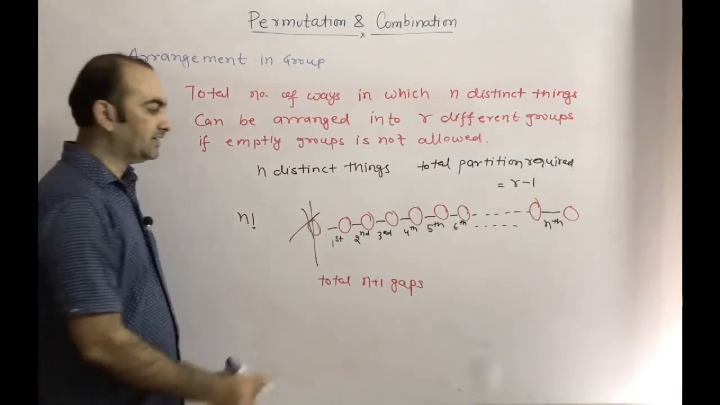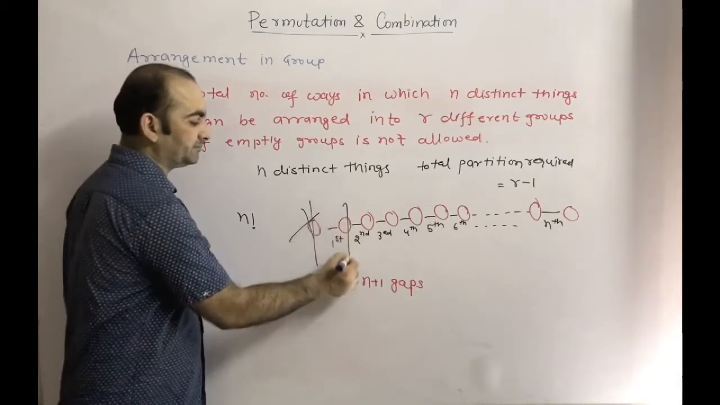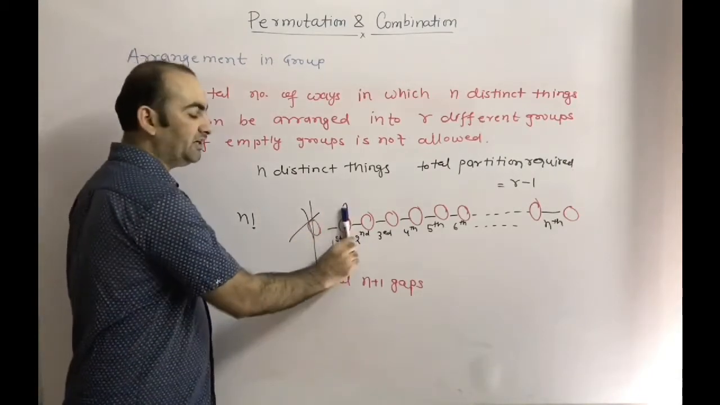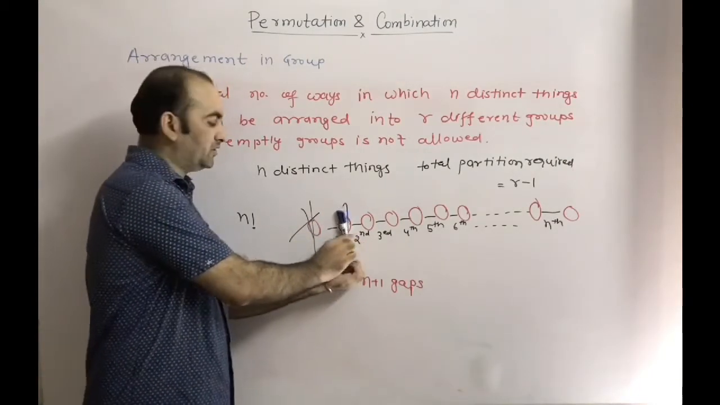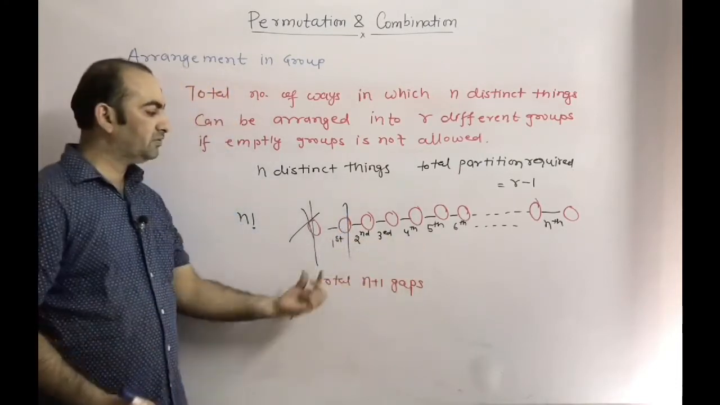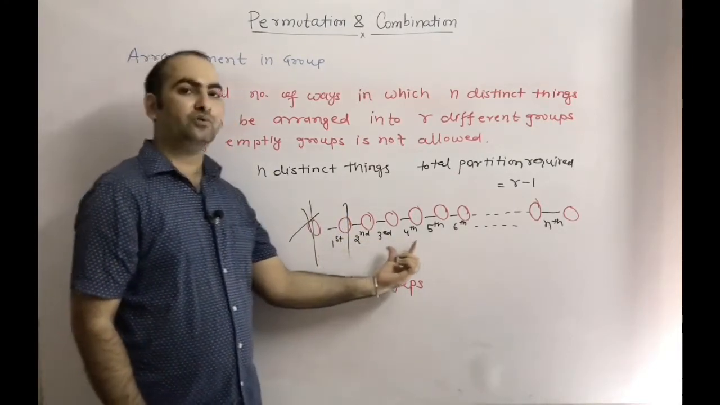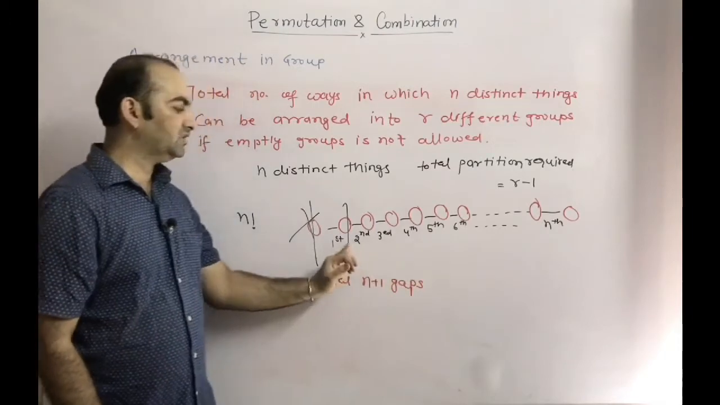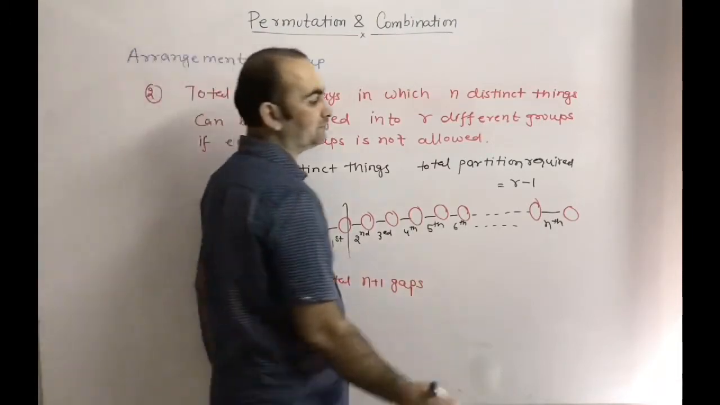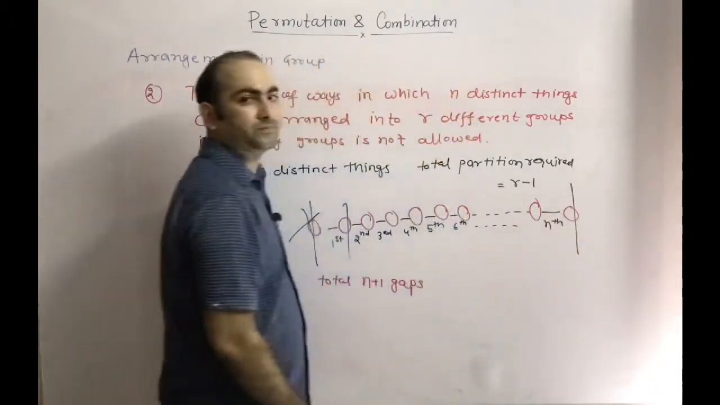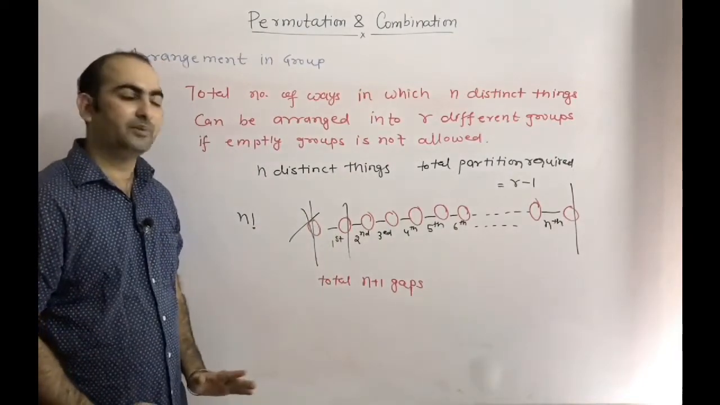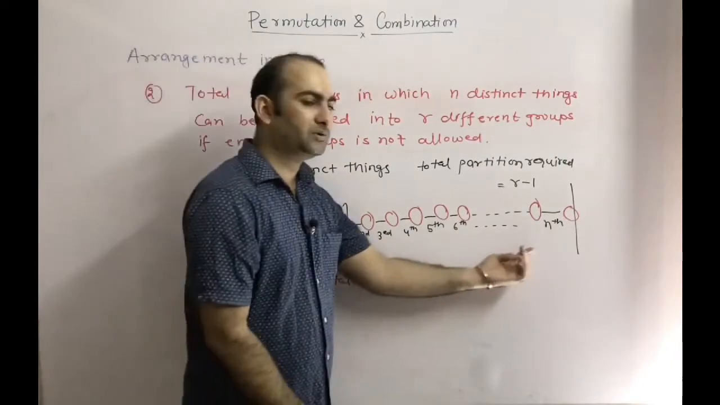Similarly, if you select this gap and put a partition here, it divides into two groups, first and second. In the first group there is 1 thing, and in the second group n minus 1 things. So this is valid. Similarly, if you put a partition in the last gap, it also divides into two groups: this side is the first group and this side is the